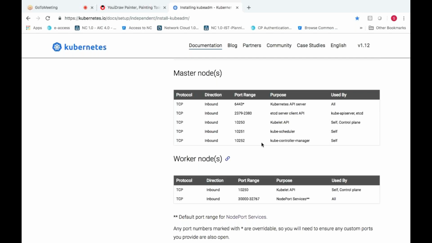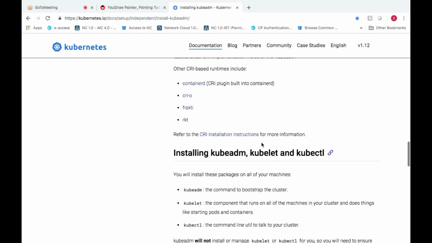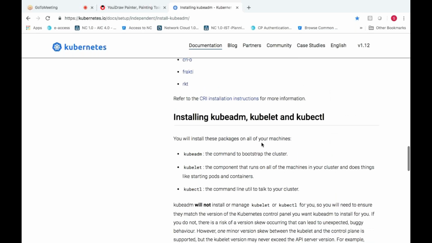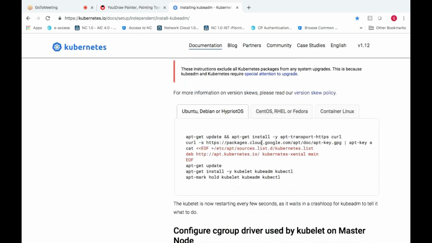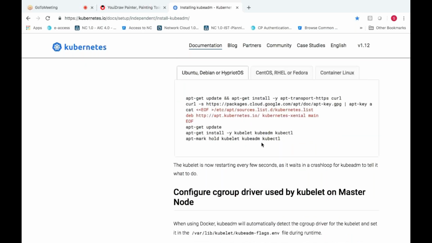Okay. So after that, let us try to install. So as I told you before, what happened? Just a second, guys. Where is the command to install Docker first? First, we need to install Docker.